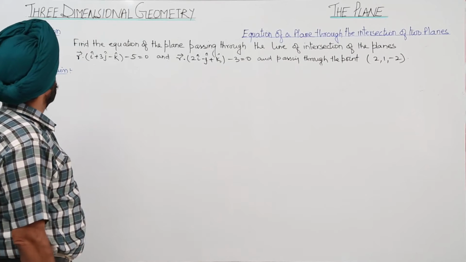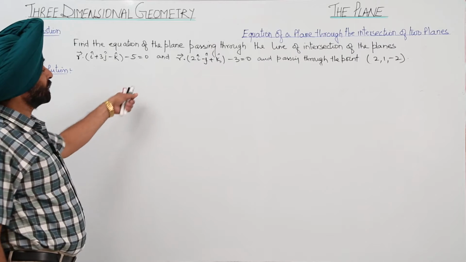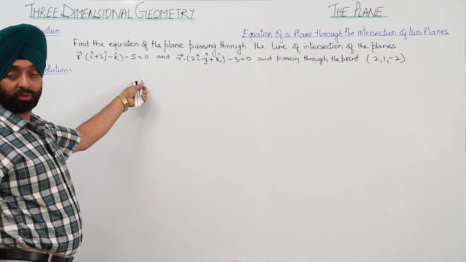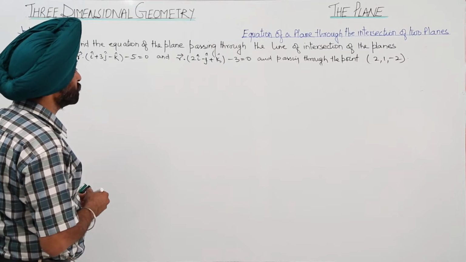Important question. Find the equation of the plane passing through the line of intersection of the planes, and the lines are given. The equations are given in the vector form, and the plane passes through the point (2, 1, -2). Now,